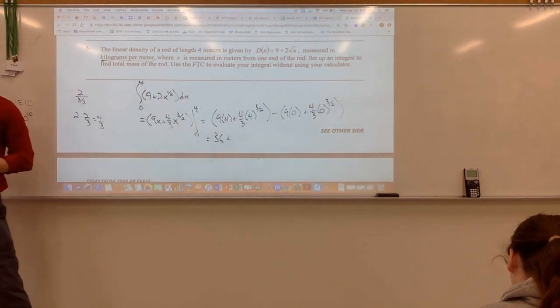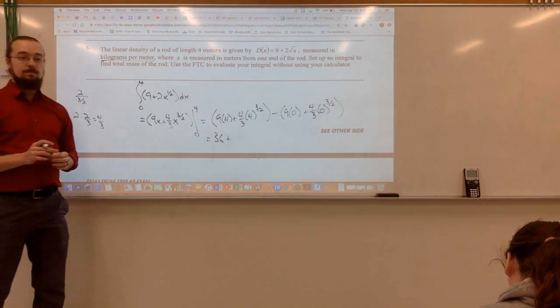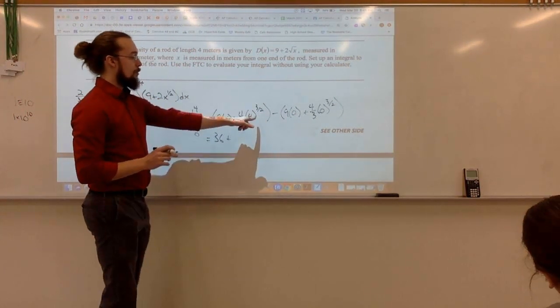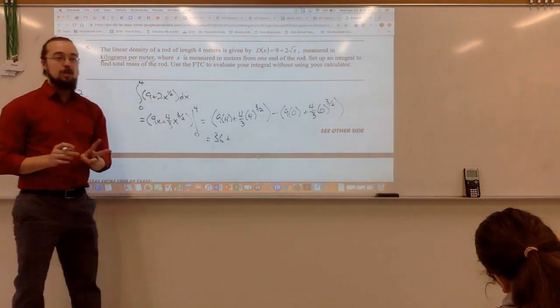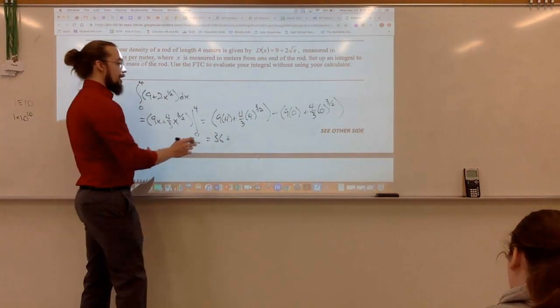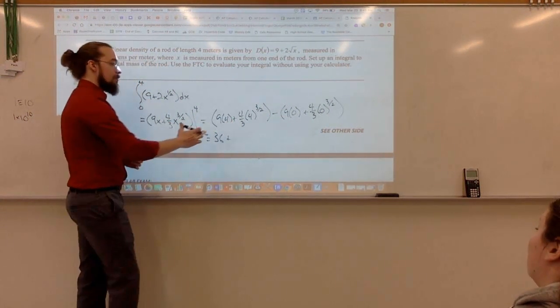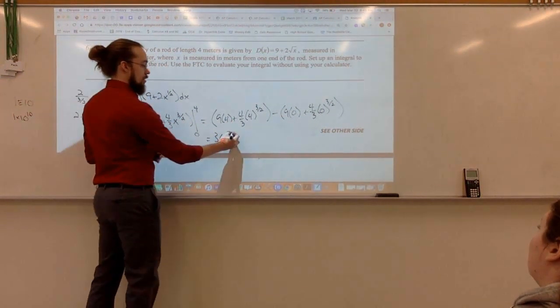How do I do that part? The square root of 4 to the 3rd. Right, the square root of 4 to the 3rd power. So the square root of 4 is 2. 2 to the 3rd power is 8. So 4 to the 3/2 power would be 8. Then 8 times 4/3 would be